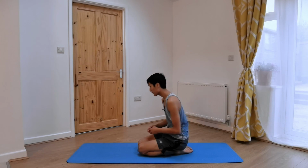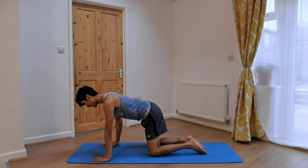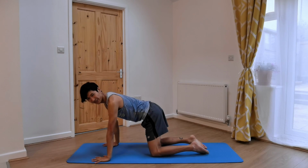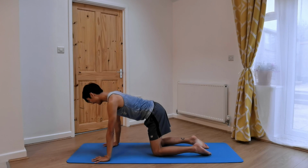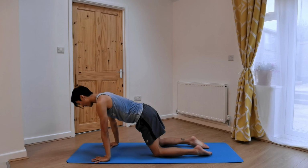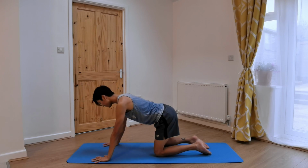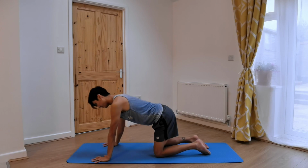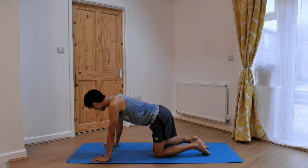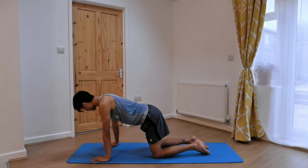All right, let's begin on our hands and knees in the tabletop position. So fingers are pointing forwards, shoulders are stacked over wrists, and hips are above the knees. So make sure your shins are parallel and begin rolling your shoulders in circles in one direction. So we're warming up our hands and our wrists, feeling the fingertips in contact with the ground, our knuckles and the heel of the hands,